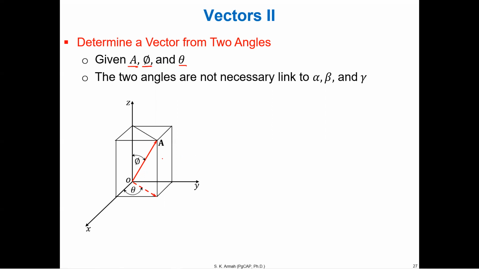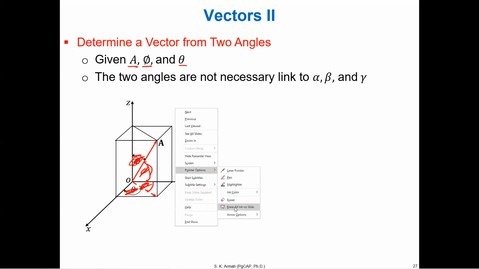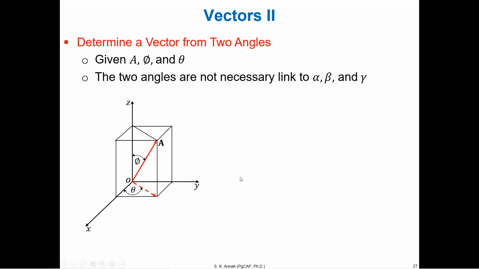So either they will give you, this is what is given, this angle, call it phi, and this angle theta. Or they will give you this angle, phi, could be here, and then this angle. Any of them is fine. Or they could give you this angle with this angle where theta is here. So this is some of the information provided. So you have three pieces of information, and what they want you to find is the vector A